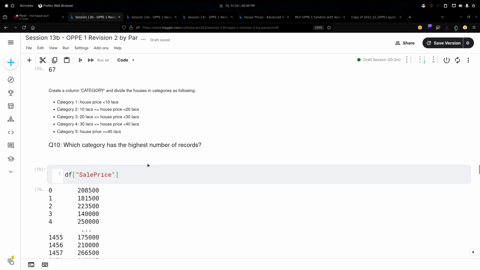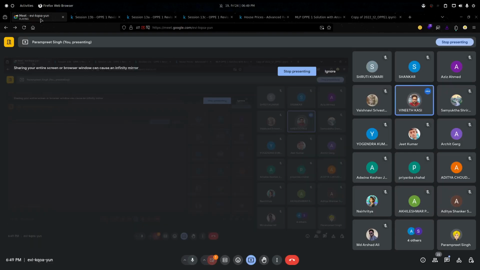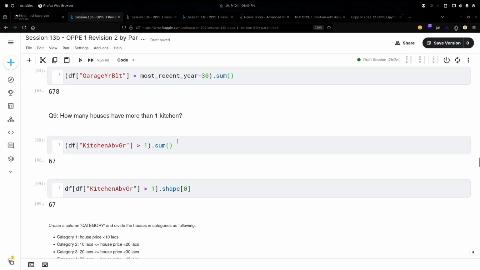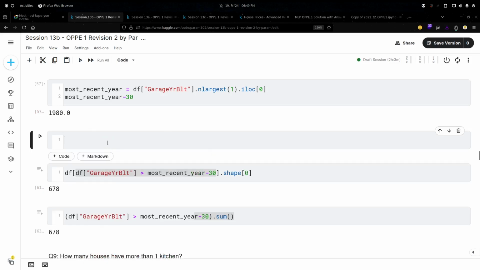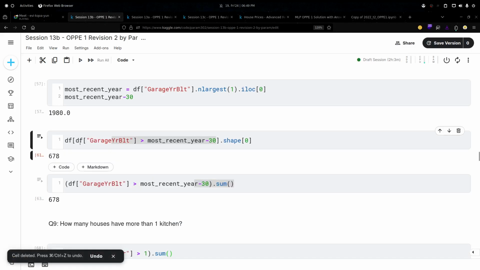So I don't understand. Can you speak in English or talk slowly in Hindi? In your code, you have not excluded anywhere. Yeah, I have not excluded because by default it will do it. df.garage year built greater than this, it won't include the nan values by default. Like this filter, obviously it will exclude the nan values.